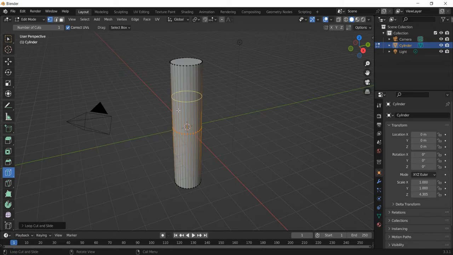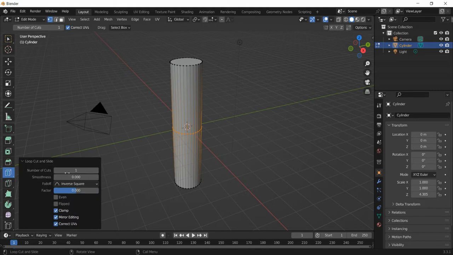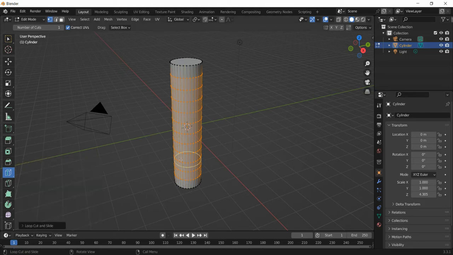Now you can do this manually, and you can divide the tree by clicking, as we did with the chair tool, or we can make our lives a bit easier. And down on the left, we've got this menu, loop cut and slide. So if I go into that, I can do number of cuts, and I'm going to set it to 11 cuts and press enter. And you can see it's equally cut the cylinder with 11 cuts there. Okay, so what we're going to do is make each of these cuts a separate part of the tree trunk.